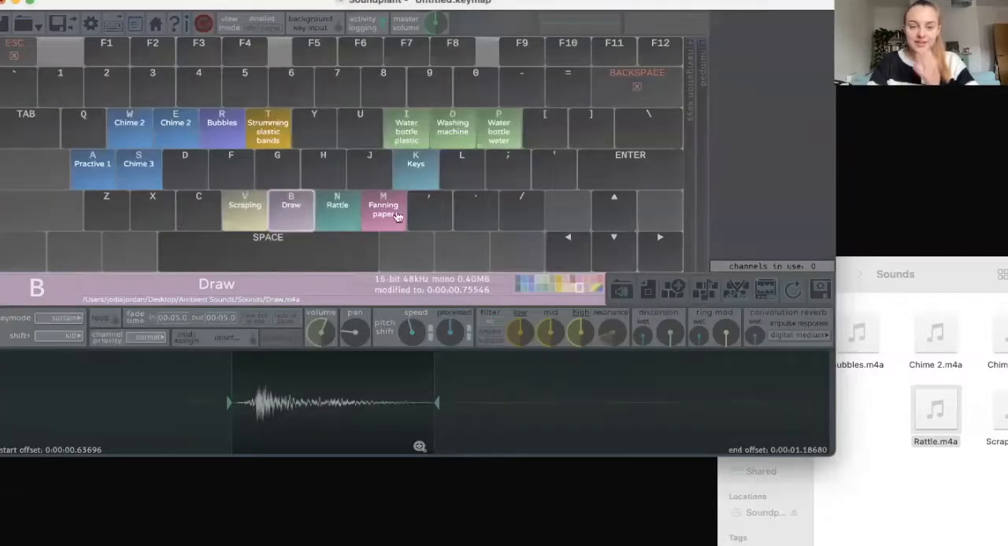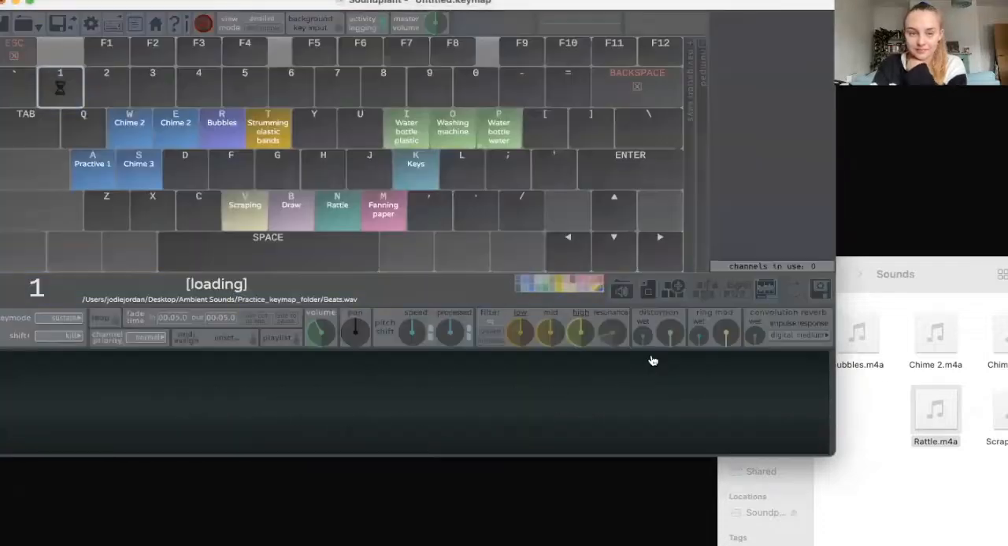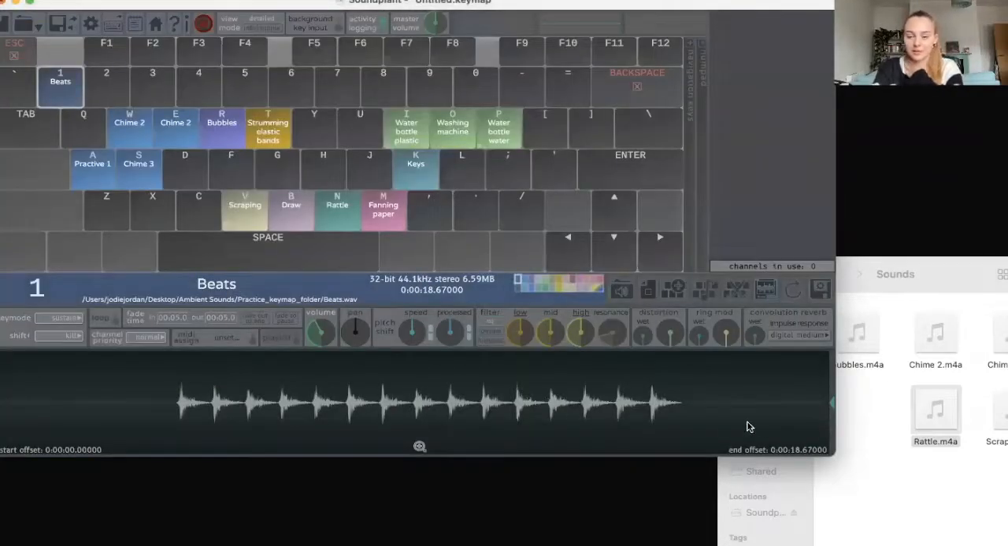So then I can save this as beats and save that. And then I can add this to my sound map. So I'm going to add it on 1 and open sound, and then find beats, which is there. So now you can see I've got my beats. Now they start and end quite slowly, so I can drag these sliders to make my sound shorter. So now if I press 1,